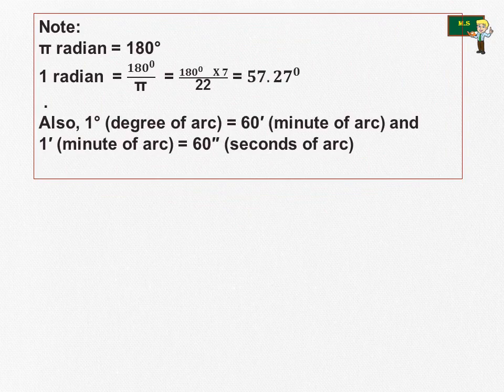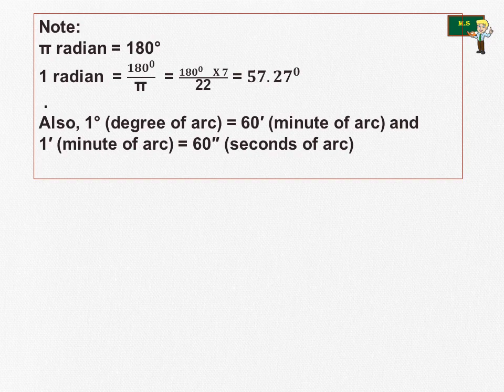Students, let's see why we have to measure the radian value. If you travel in a straight line, then you have to measure only the length. If you travel along an area, then you have to measure the length and breadth. But if you travel in a circular path, then you have to measure the angle value. To measure the angle value, we have to measure the radian. Let's see what the steps are here.